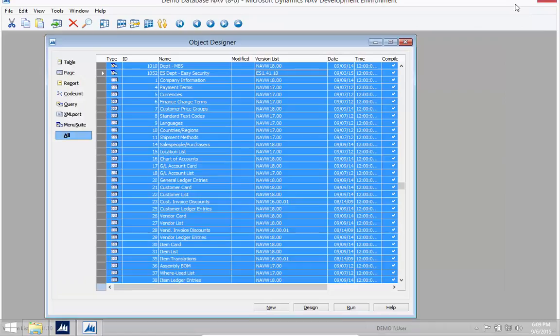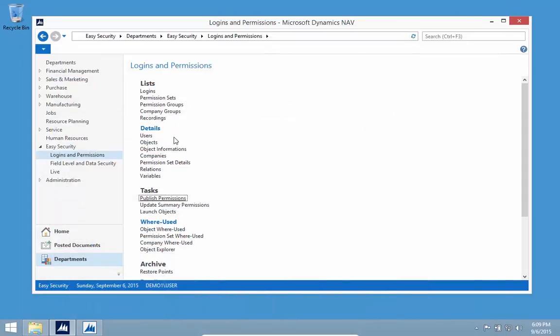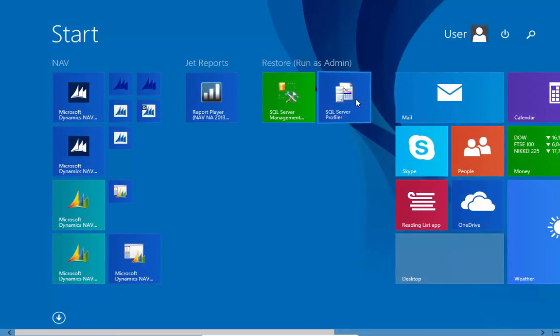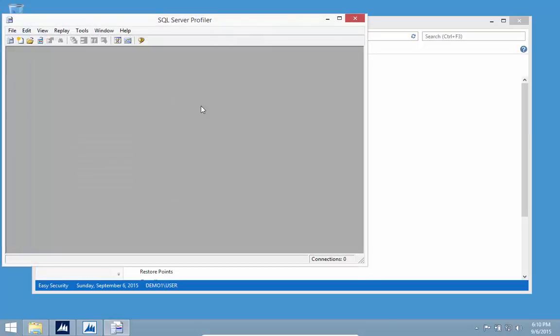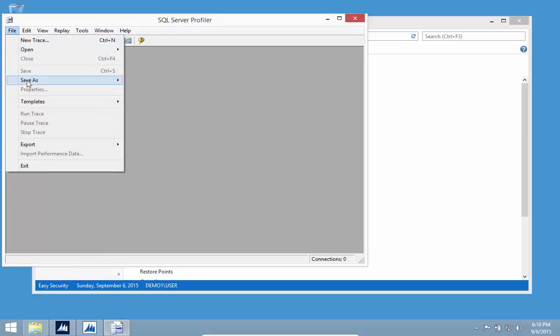To be able to actually record permissions, we want to use the SQL profiler. And I already installed the SQL profiler, but if you install SQL 2014 Express, it actually contains the SQL profiler in here. You don't need the full version of SQL as I have it here right now, but you can only do the Express version with 2014. You don't need to use 2014 for your production databases. You can actually just use